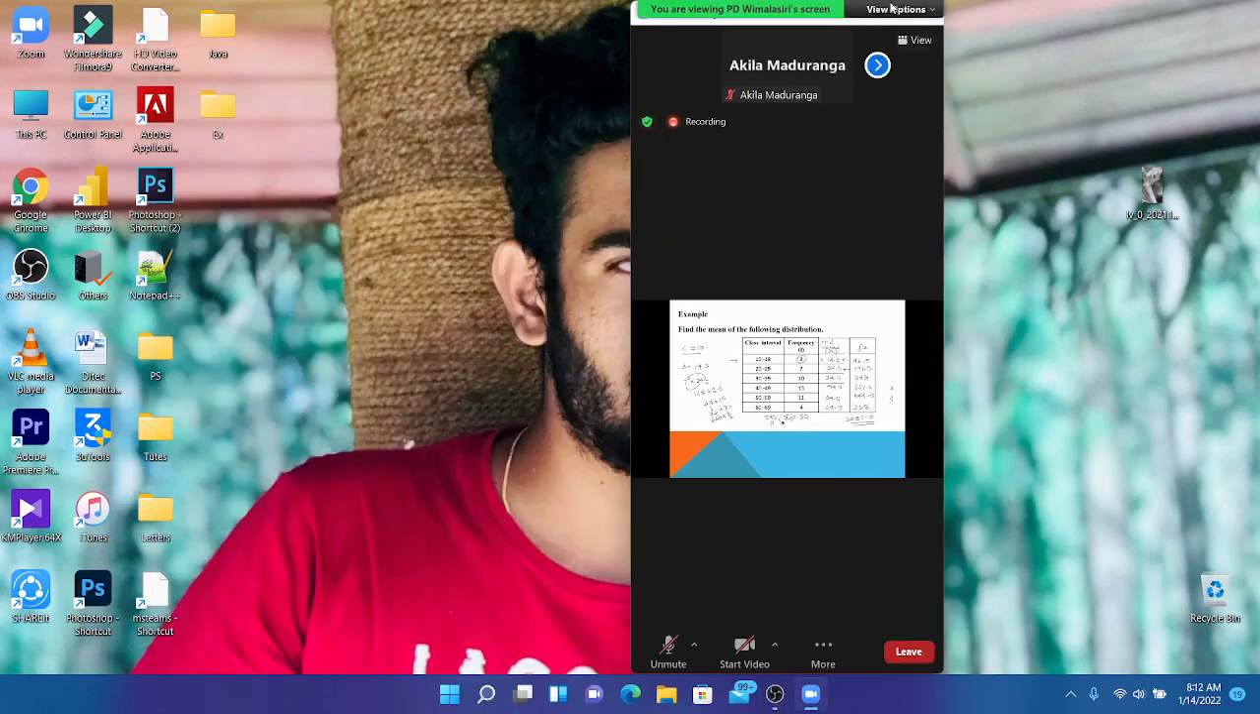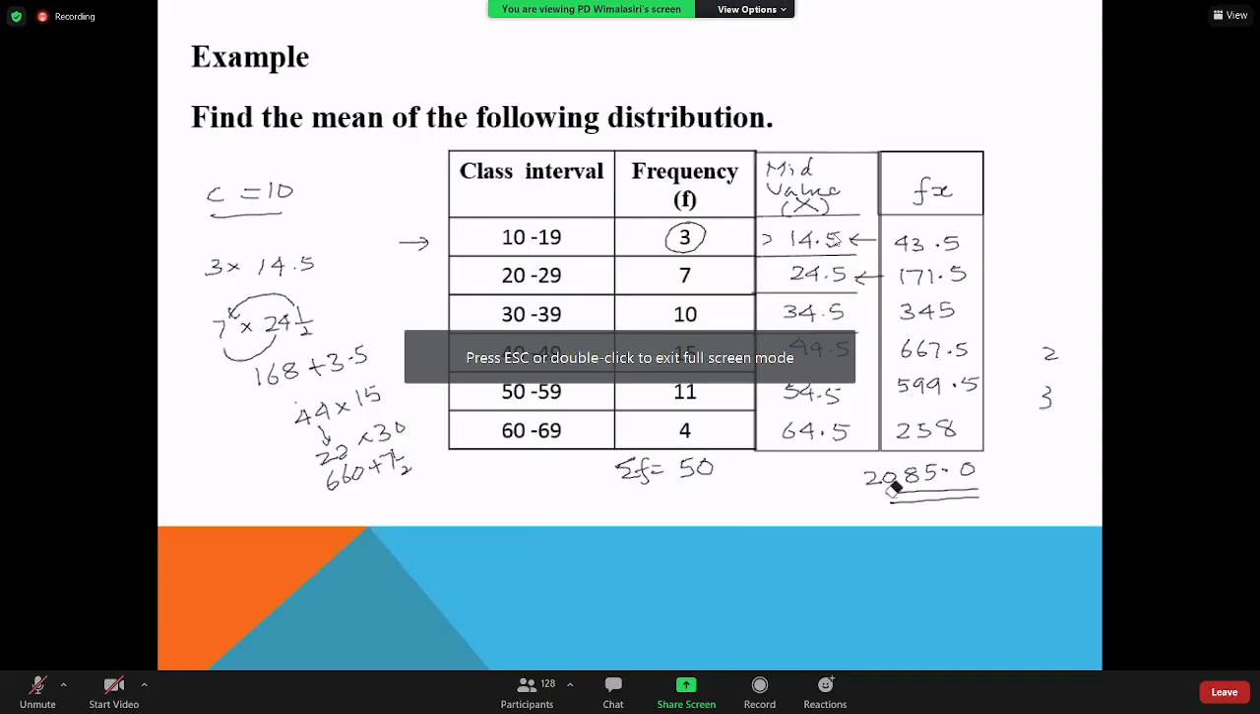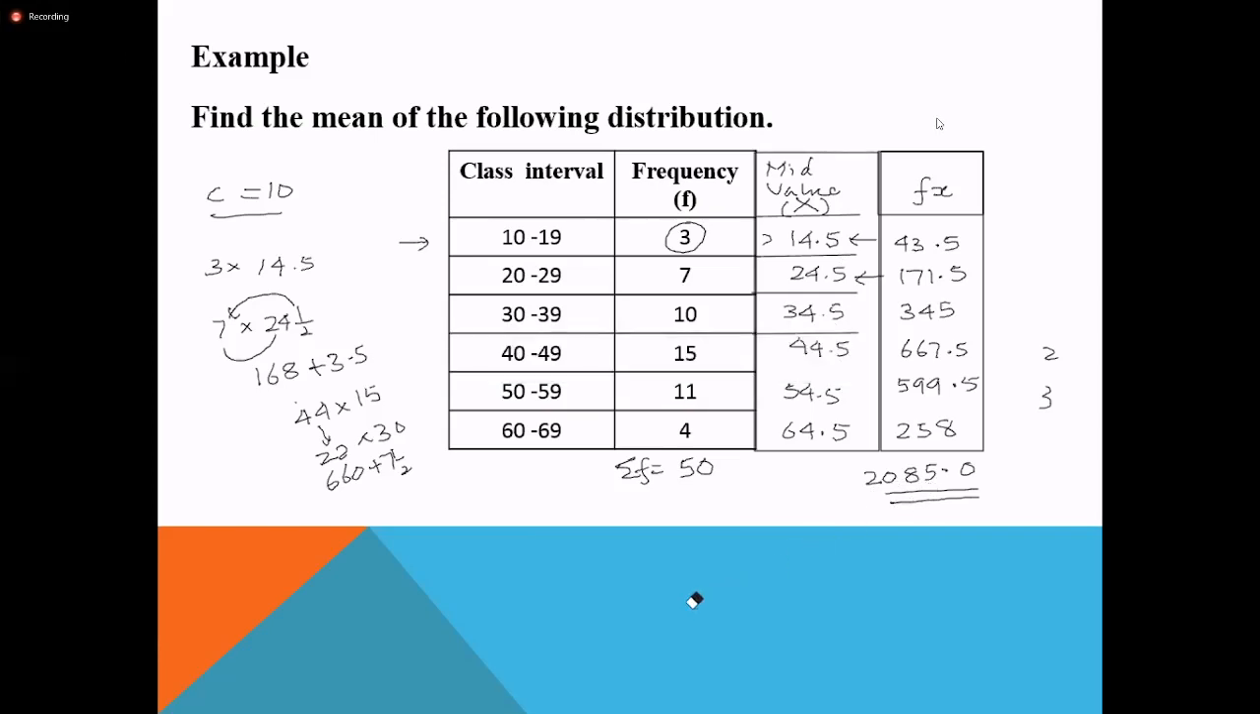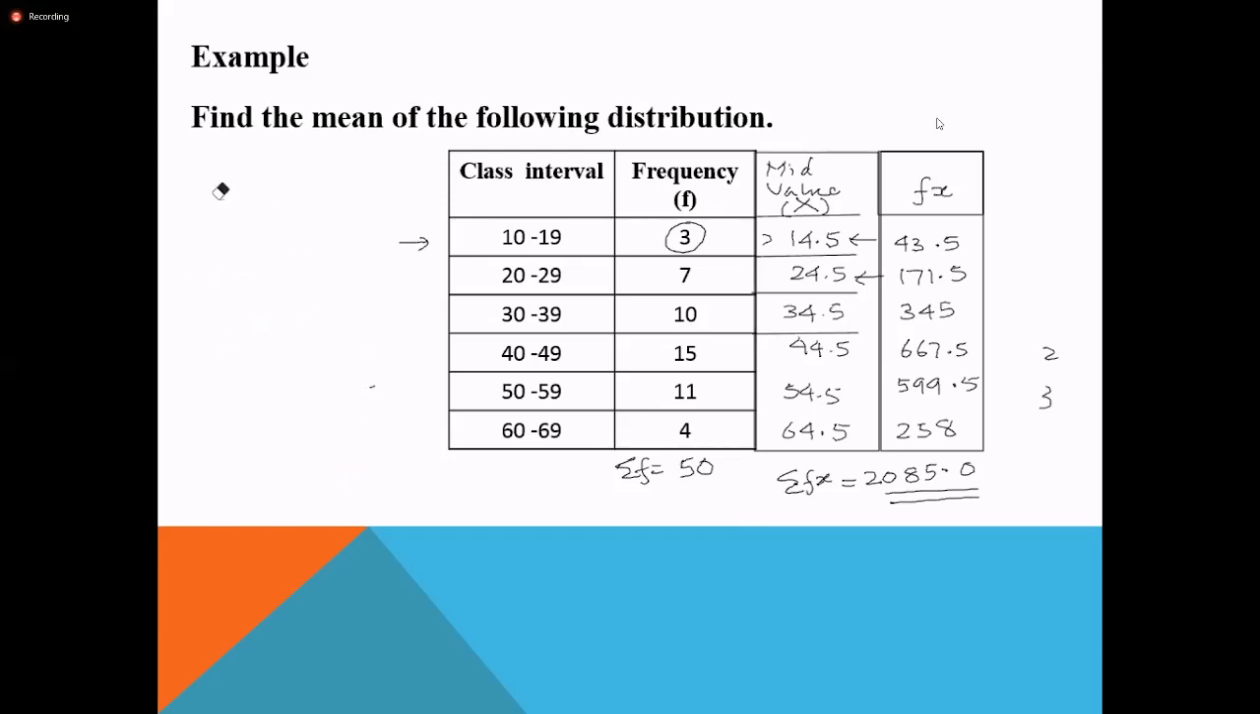then sigma f, this is sigma fx, this 2085, that value is considered here as sigma fx, the sum of the fx products. Then if you calculate the mean value here, that formula can be used. If we get a mean x bar, then that is equal to sigma fx over